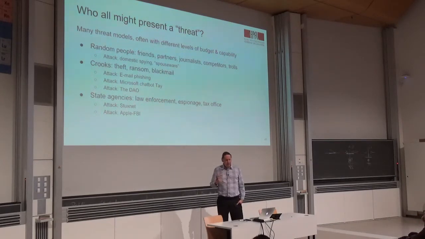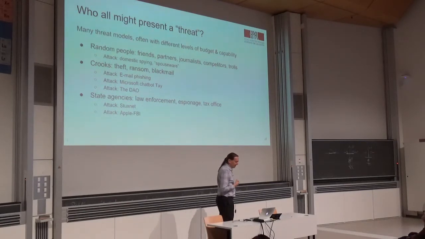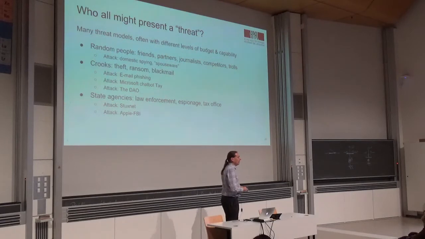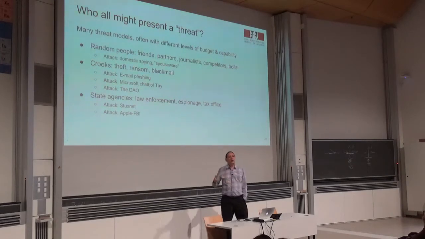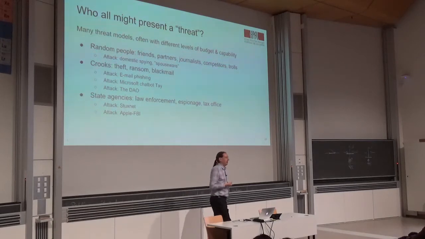They also come from very different types of attackers, with very different motivations. In some cases, any random person, a friend, a partner, a journalist, any individual can be an attacker in some form. In security and privacy, we tend to use the word attacker very broadly. It doesn't mean specifically somebody with a wrench trying to hit you over the head, but somebody trying to violate any security or privacy property that we might care about,